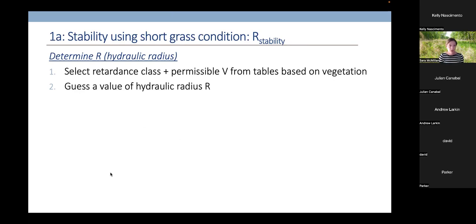So, stability condition using the short grass condition. Our end goal is to determine that hydraulic radius R. The first thing we're going to do is select our retardance class and the permissible velocity from those tables I just showed you, Tables 1 and 2 and those curves, right? So we're going to do that from those tables. We're going to create a guess